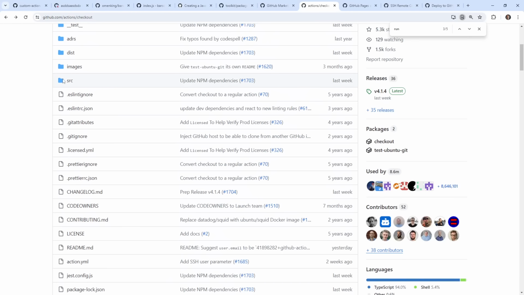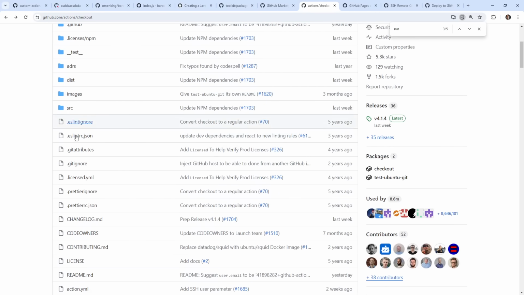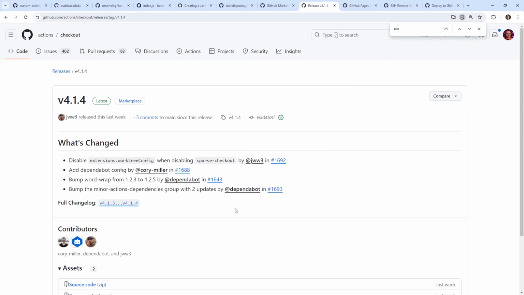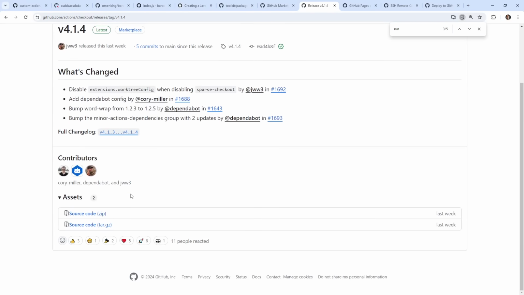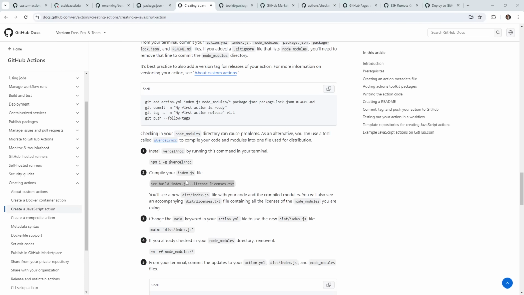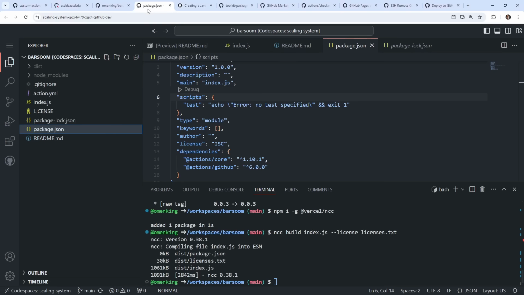What I understand is this one has a source directory. There's no index.js in this one, so it clearly is compiling it. But then I guess there's releases over here. So what does it want? It doesn't tell you. I'm going to have to go research this. I'll be back. All right, so I think the problem is that this creates a distribution directory, and we don't